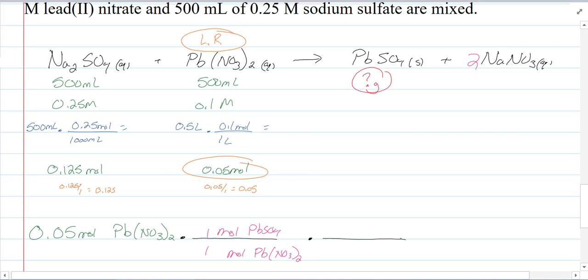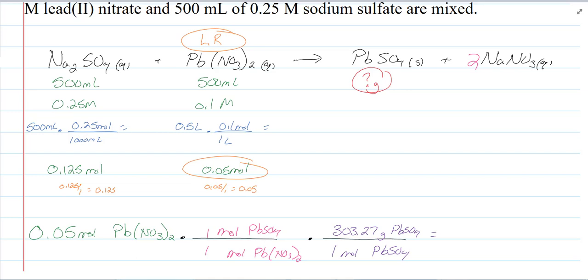1 mole of PbSO4 is, lead is 207.2 plus sulfur is 32.07 plus 16.00 times 4. I get 303.27 grams of PbSO4. And so if we do this math,